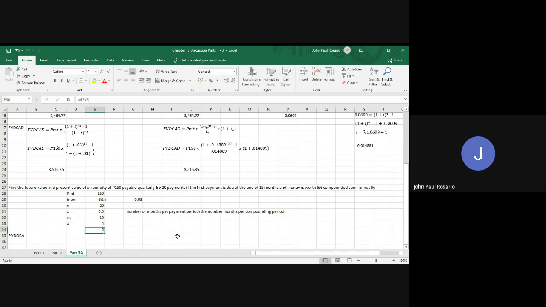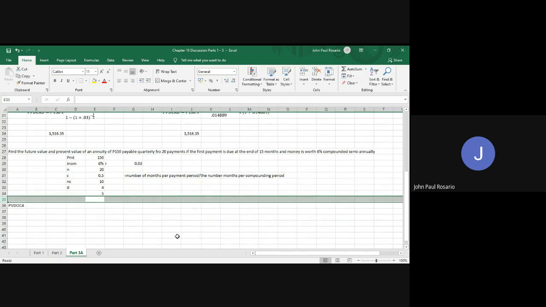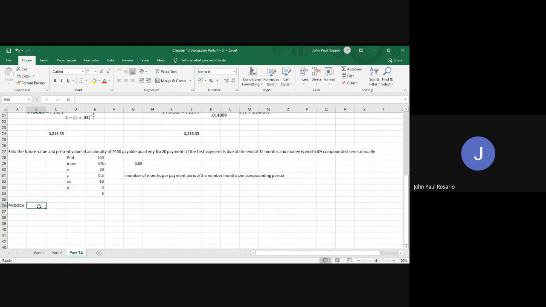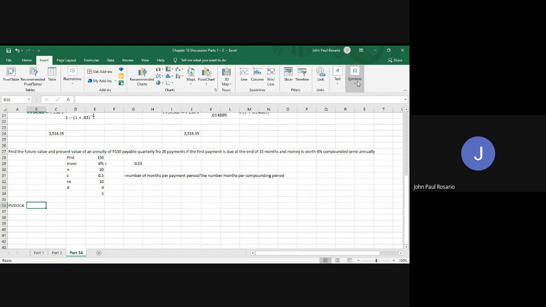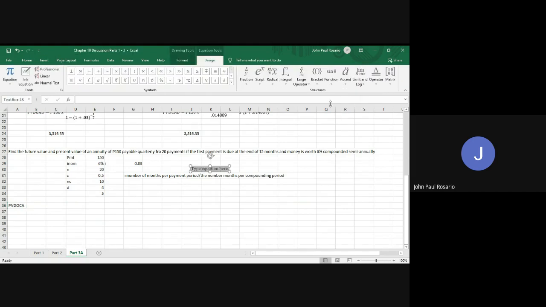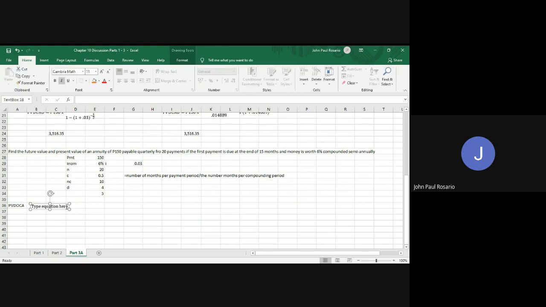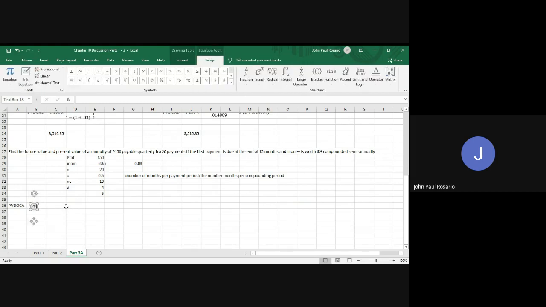That's just it for annuity due, and for ordinary annuity we have to deduct 1 from it. Okay, and for our PV of the deferred annuity, the formula is, let's see, let's symbolize the equation. Okay, so that's PV of deferred ordinary complex annuity